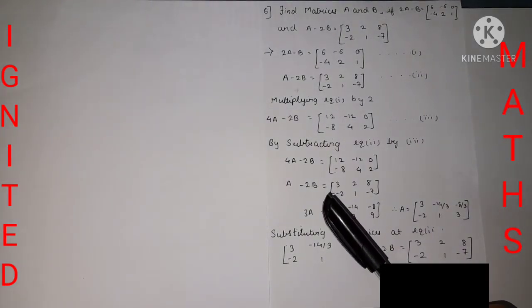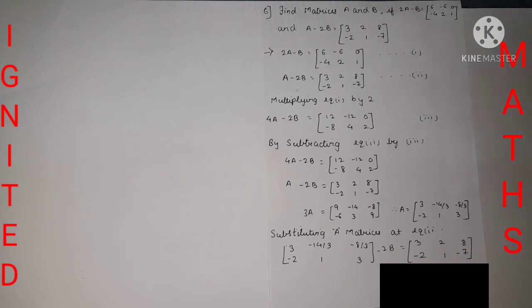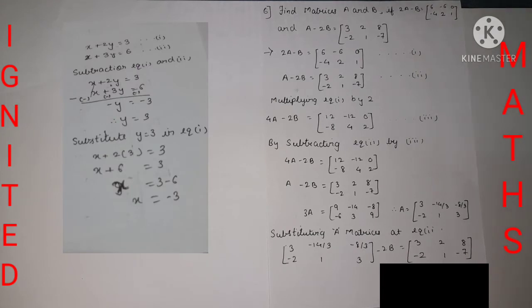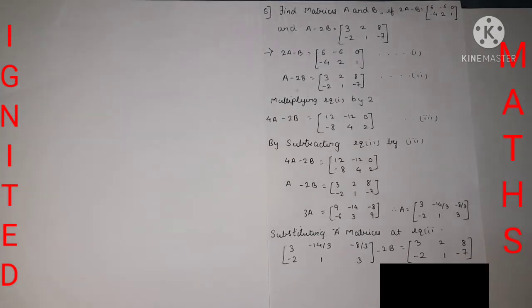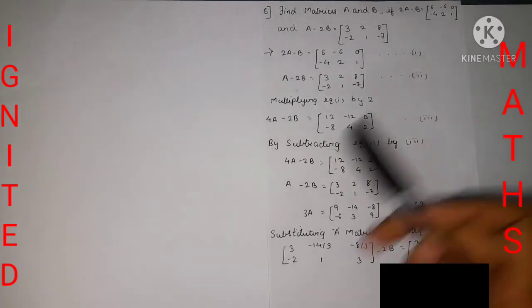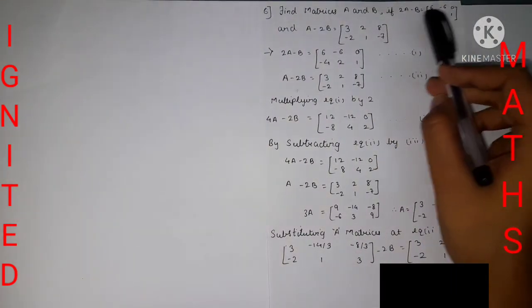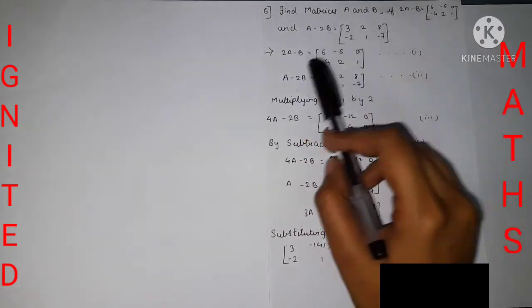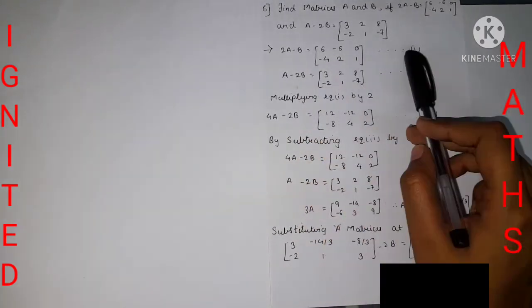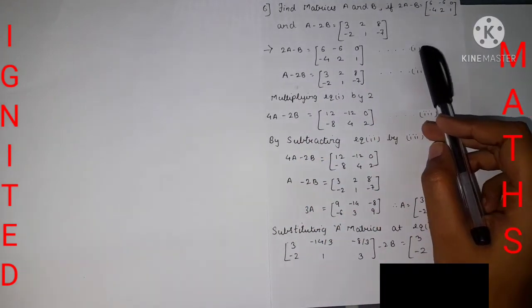Now a small recap from the 10th standard chapter on linear equations in two variables. You may find the values of X and Y with the help of simultaneous equations. The same procedure is applied over here, but we need to do it with matrices, in other words we need to play with the matrices. So let's start. First, 2A minus B. I have written the question in two steps, which I have named 1 and 2.